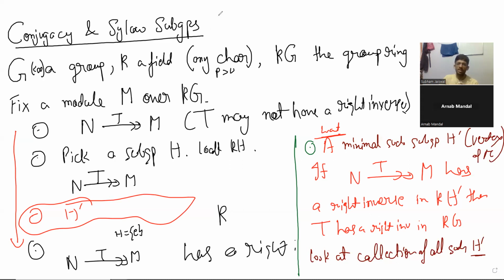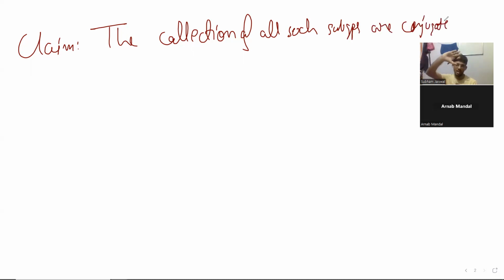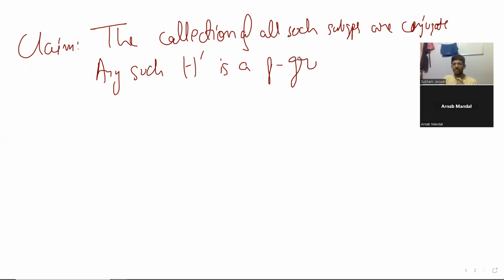Okay. And then the claim is, the collection of all such subgroups, this is how mathematics comes, are conjugate. You remember that G was fixed, M was fixed. And any such subgroup is actually a P group, any such H prime is a P group, which means its order is a power of P. So if you call this collection C,